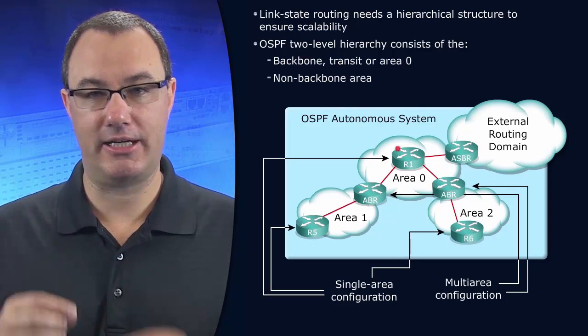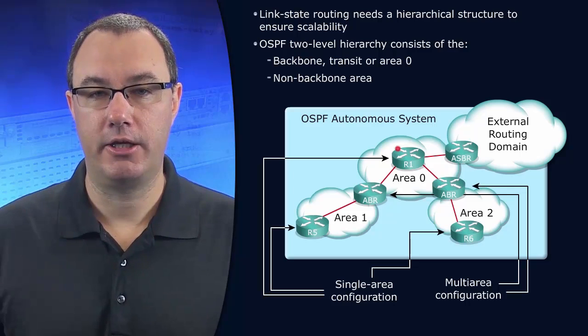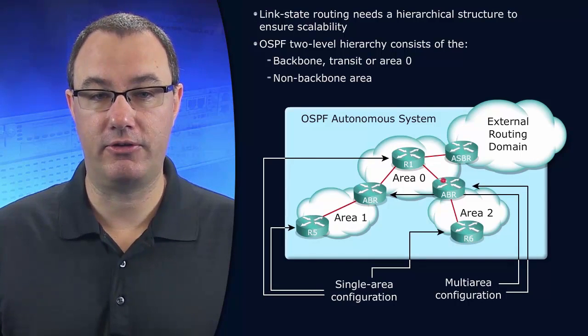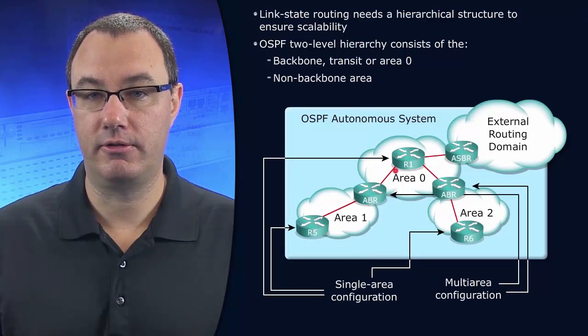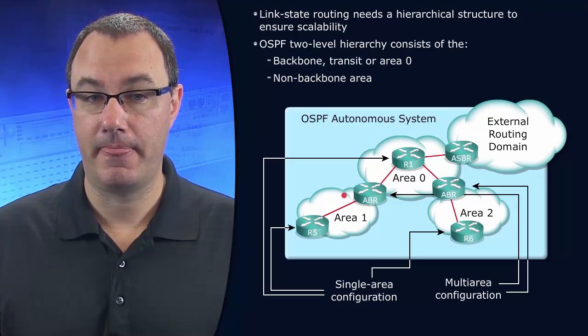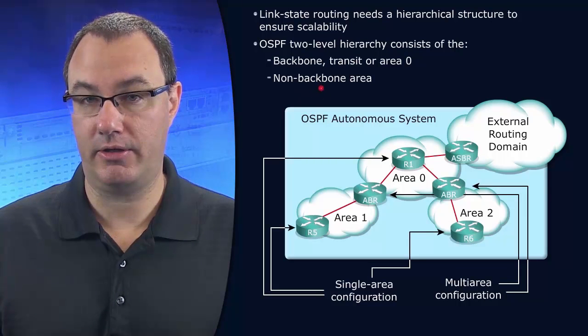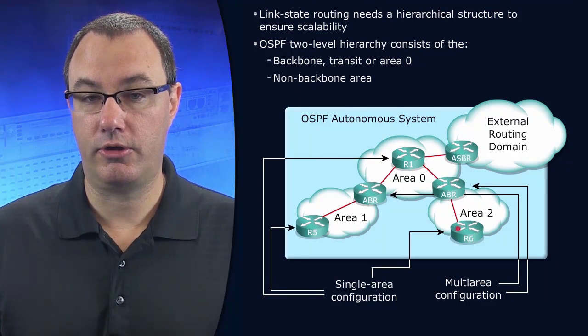The element that is hub and spoke in OSPF is, in fact, OSPF areas. The Area 0 is the hub area, and the other areas, the non-zero areas, the non-backbone areas, those are spoke